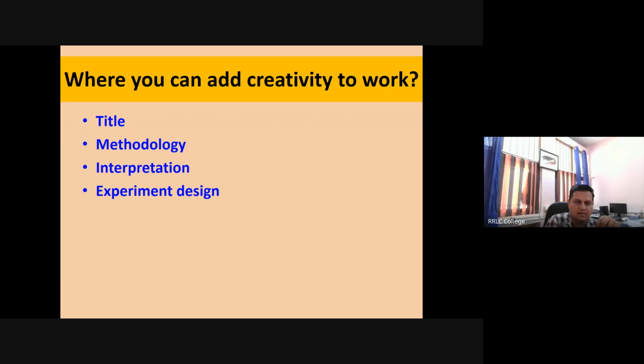The other way is, if you are working on a project, you can change the methodology of the work you are doing. What we do in the normal way is, as soon as we get the PhD title or a project title, once we get the title, we try to do referencing.